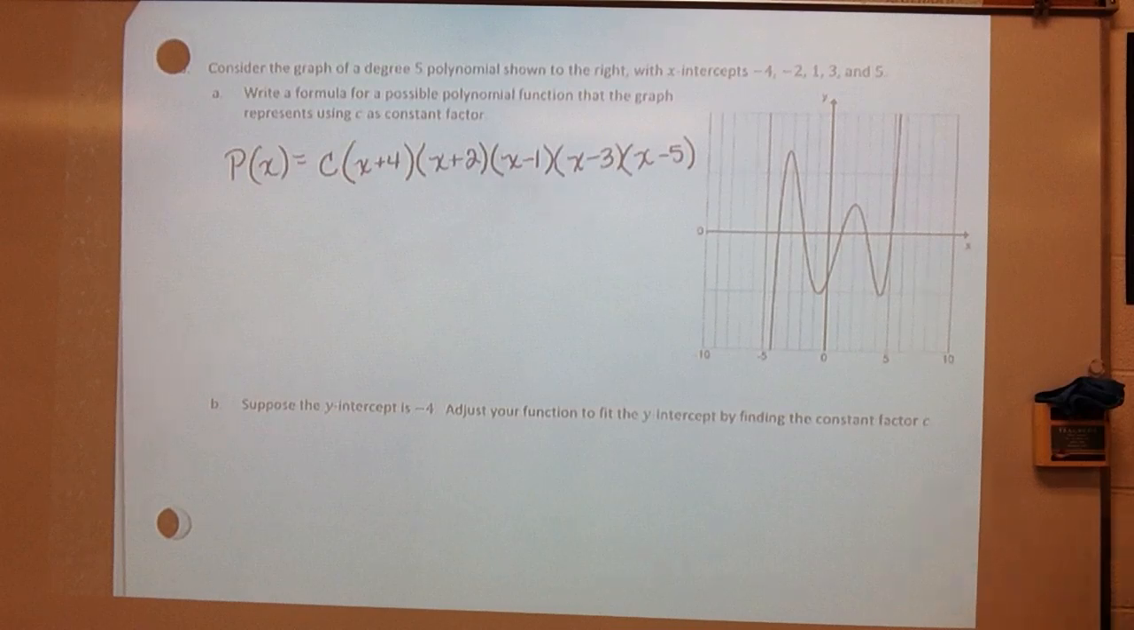Now it says, suppose the y-intercept is -4. Adjust your function to fit the y-intercept by finding the constant factor of C. Now, how would I do that? If I want my y-intercept to be -4,